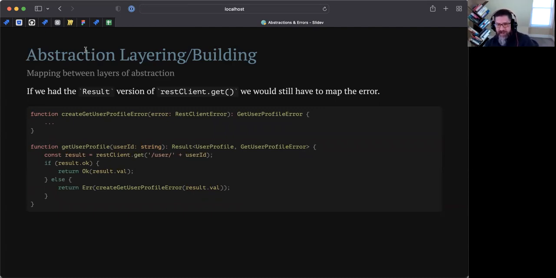What if we had the result version of REST client get? Well, it would look pretty similar. We still have to have this function to create a get user profile error from a REST client error. We call get, we get back a result, and then we check if that result is okay. If it's okay, we return an okay of that result. If it's not okay, we get the error out of it. We create the error from the REST client error, and we return a new result, which is an error with